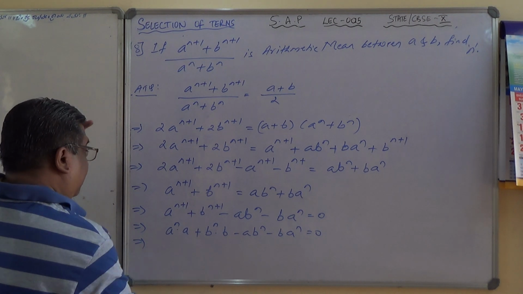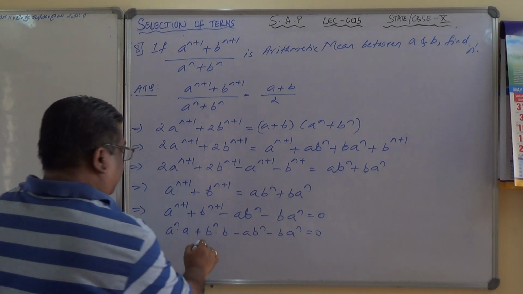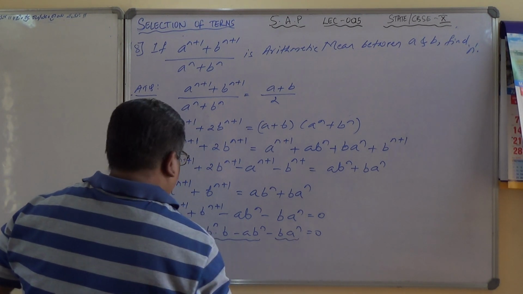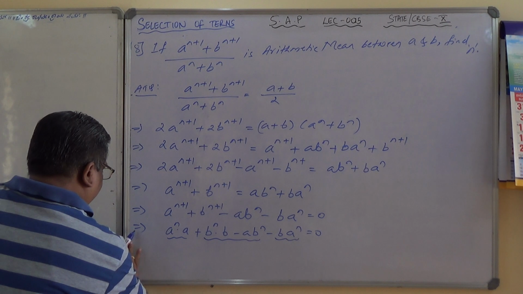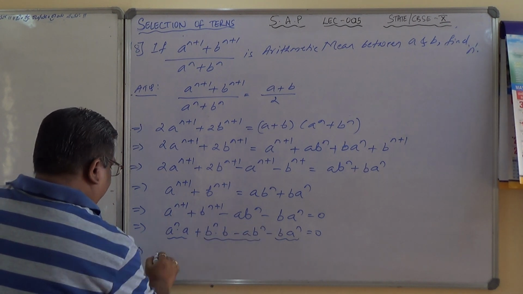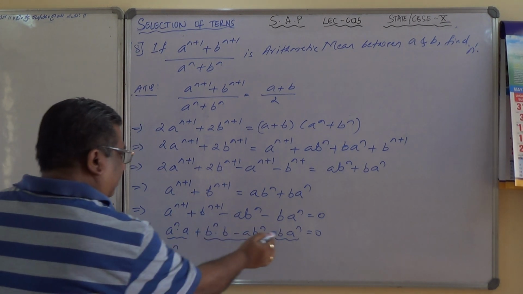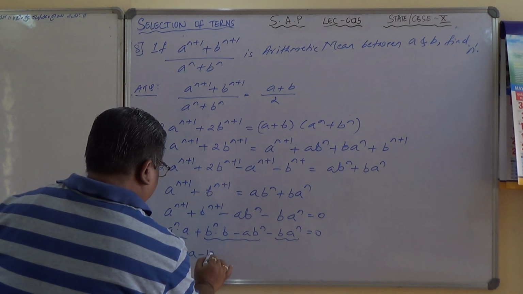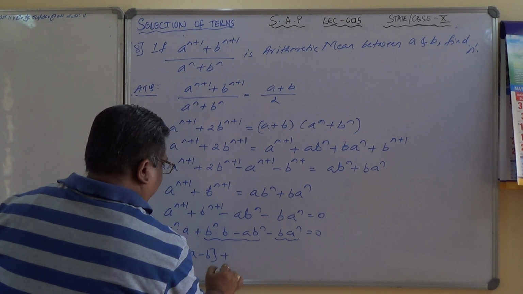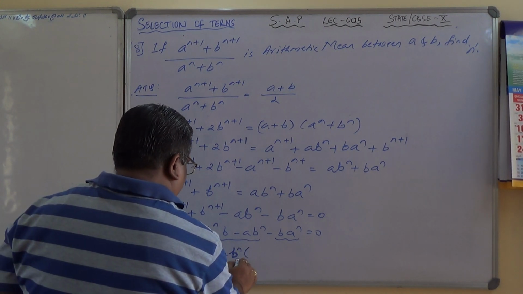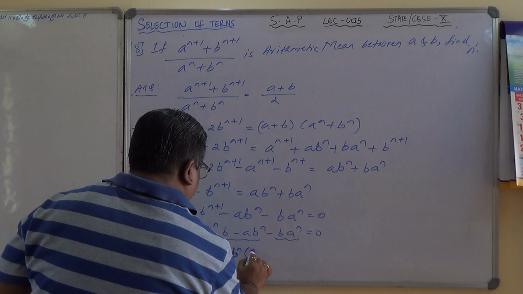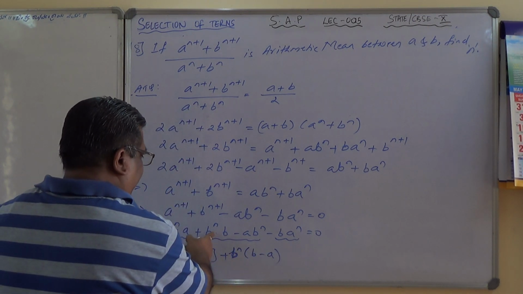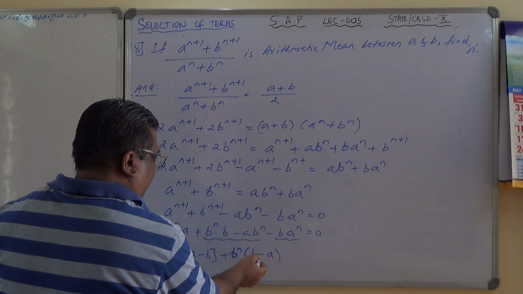Now, see here, I'll club these two together and these together. a to the power n is common here. Out of these two, a to the power n common into bracket a minus b, plus b to the power n is common, and therefore this is b minus a. Correct? You understood here, b to the power n is common, so b minus a,